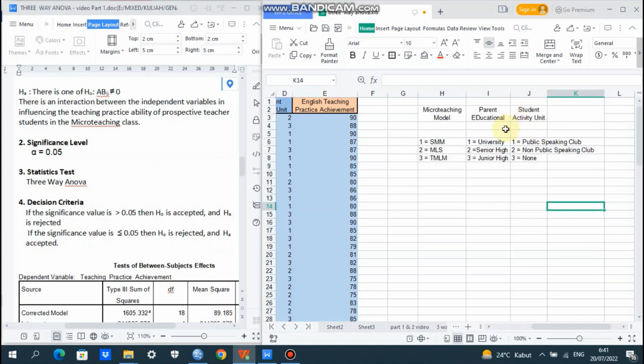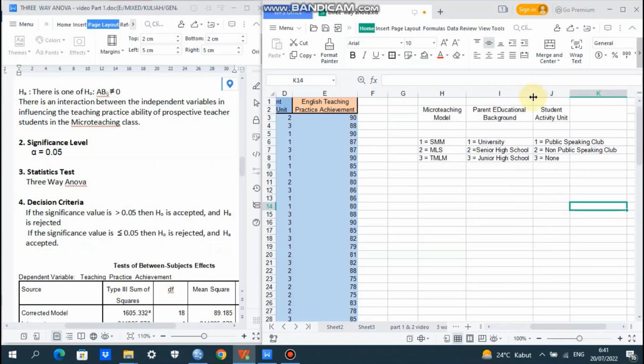And then for parent educational background, code 1 for university or college, code 2 for senior high school, and code 3 for junior high school.